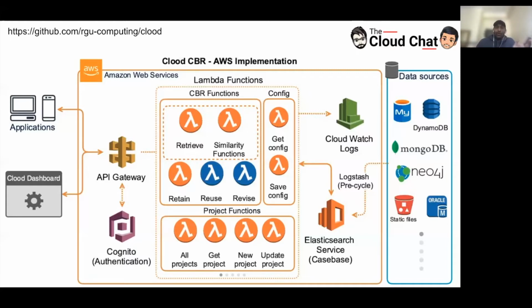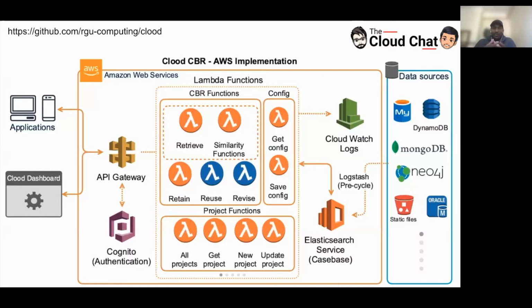So then if we go into the functions, there are multiple functions here, many of them are for project management mainly. So it's for configuration and management of the CRUD CBR functionality. I'd say the retrieval function is the high level, the most used function here, going into a real integration. And the retrieval function actually connects to the similarity function. There can be many types of similarity measures, for strings, for integers, different levels of similarity measures. And then this entire Lambda functions and API gateway is linked with the serverless framework.